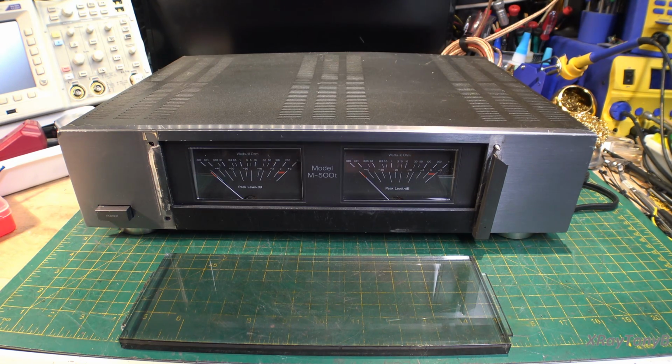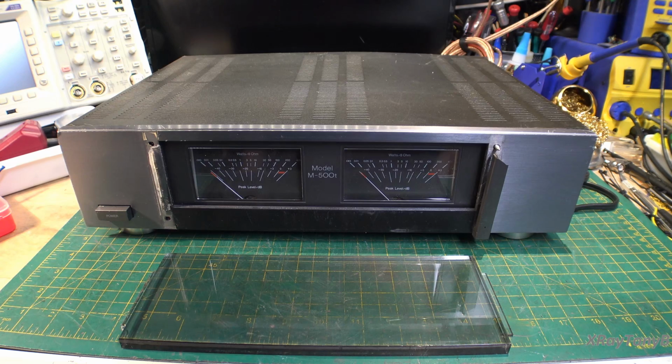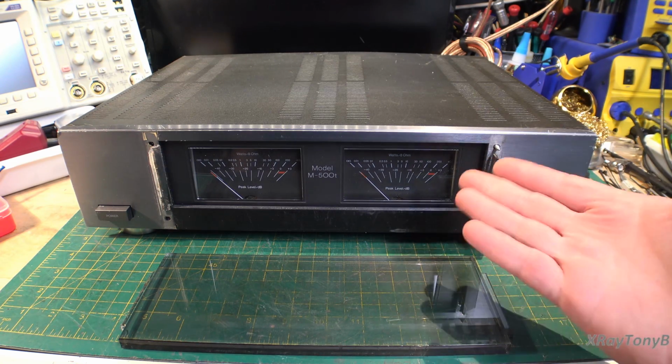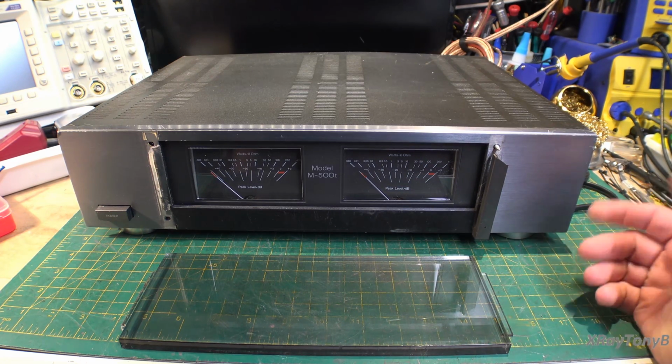So we have our next project to put on the bench, and it is a Carver model M500t, and as you can see, the front of it's all smashed up. Unfortunately, when this thing shipped, it was in really nice condition, very, very good condition. And this is a result of what happens when you do not pack a product properly when you ship it. Now, I'm not going to get too much into that because there are plenty of other people who have kind of reviewed that, and so I don't think I need to go over that again. But again, when something's not packed properly, unfortunately, you can have a really nice piece of equipment and have it